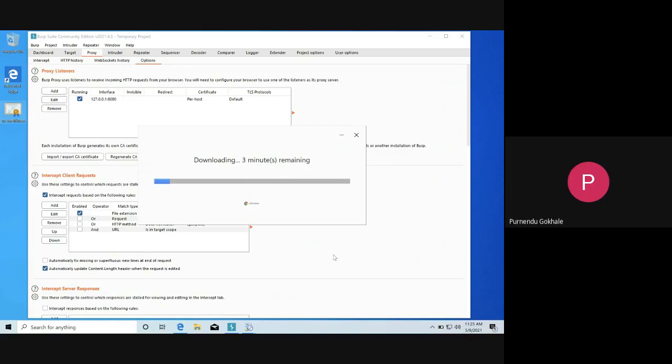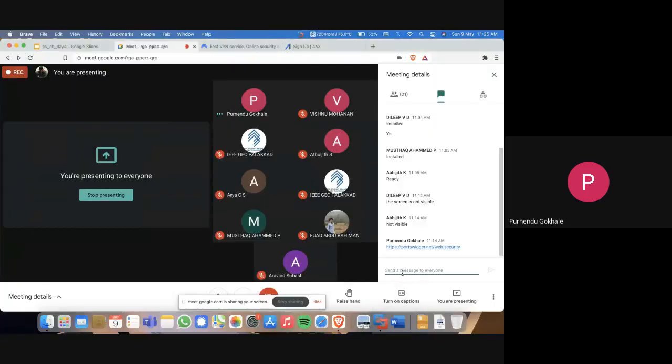Till that time, have you created an account on PortSwigger? Are you ready with your accounts? Have you done the login? Guys, you are ready with the accounts, I think.